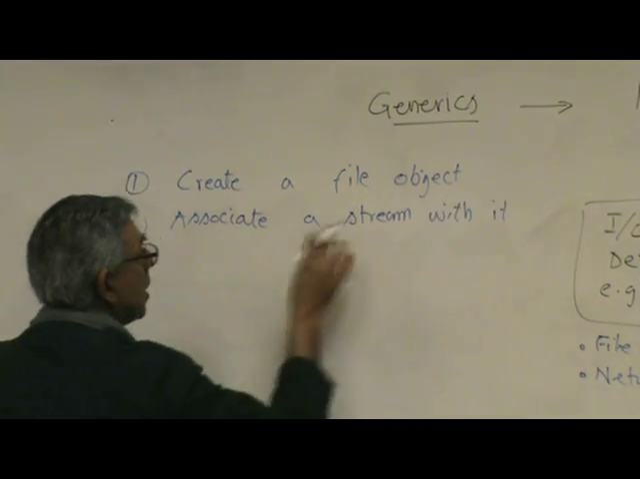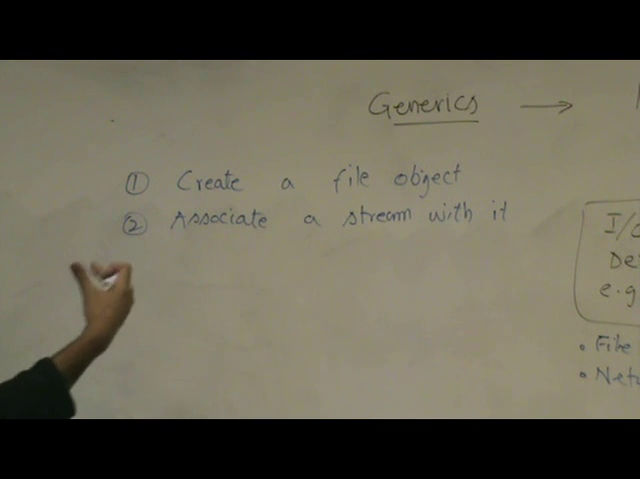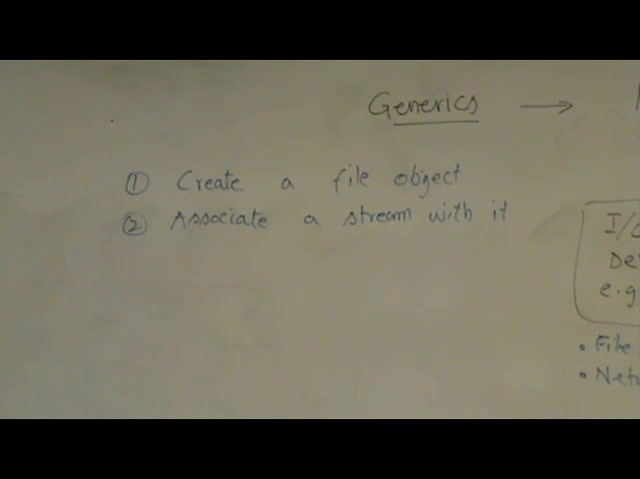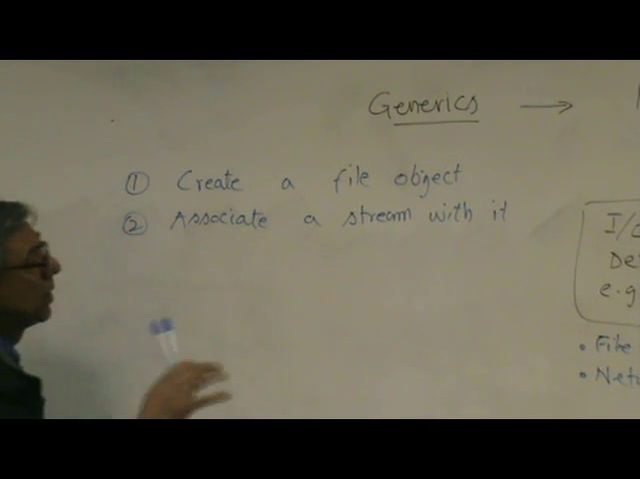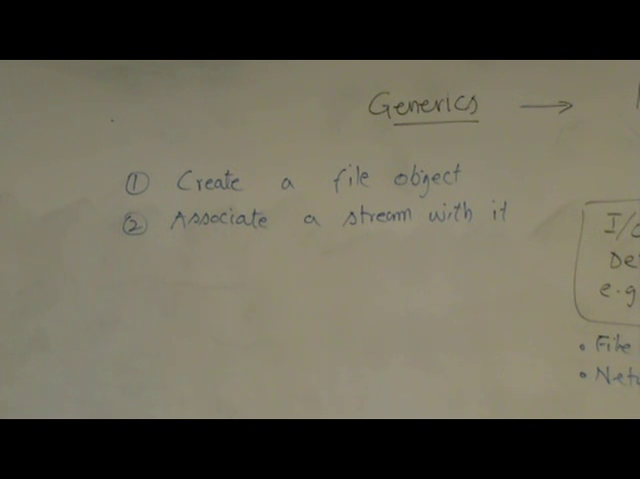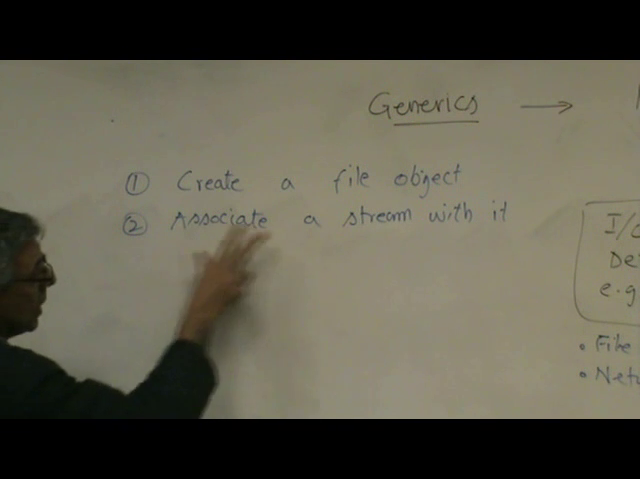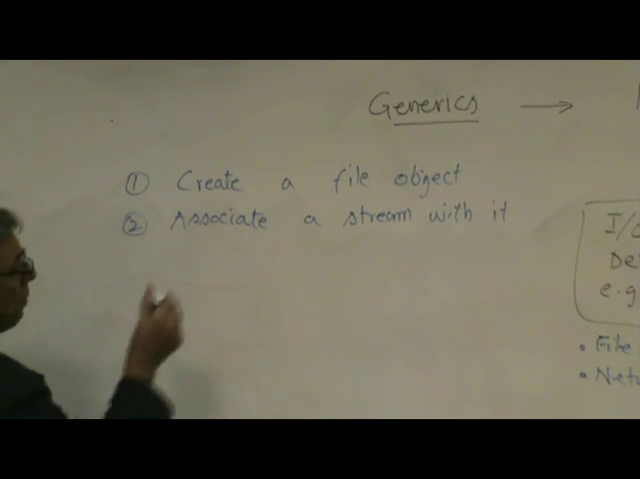So again, if it is a text type of file, you will associate a stream reader if you wanted to read from it. If it is a binary type of file, you'll just associate a plain stream with it, right? Okay, once we are associating a stream with it, we will also specify,